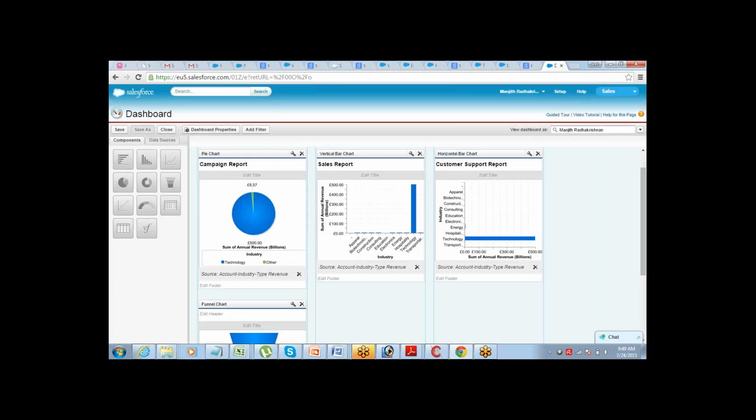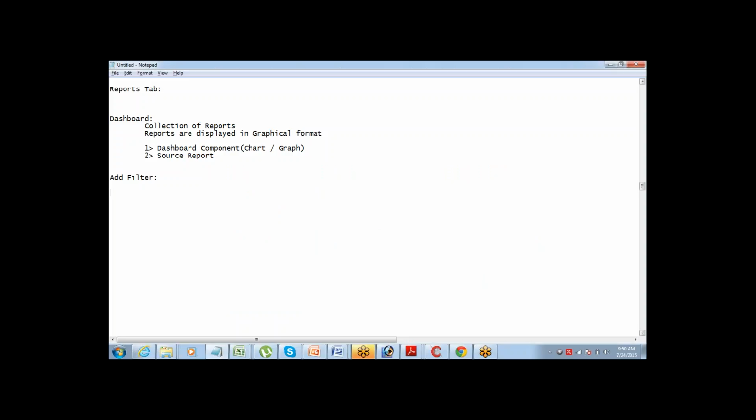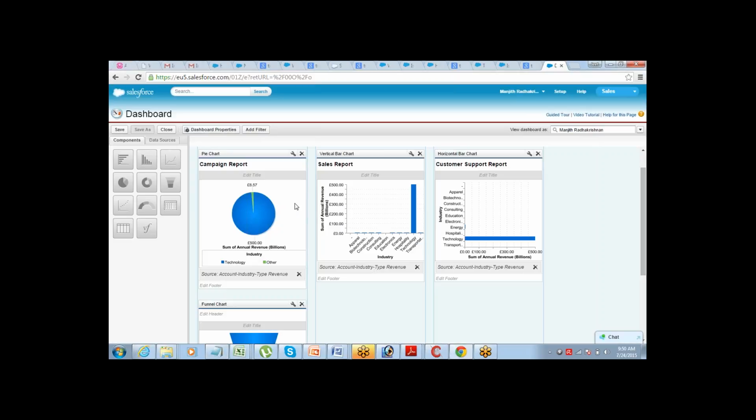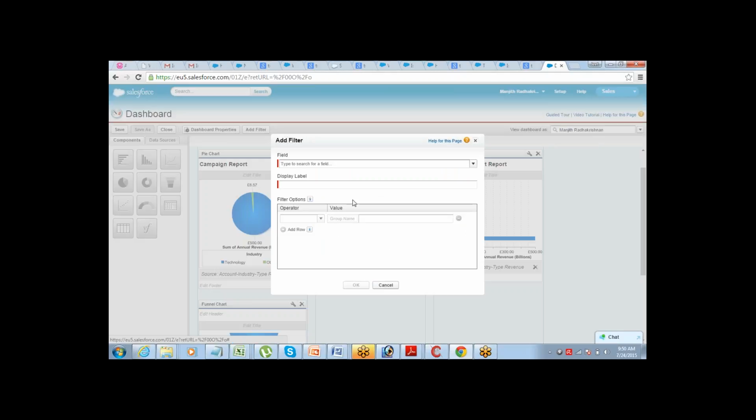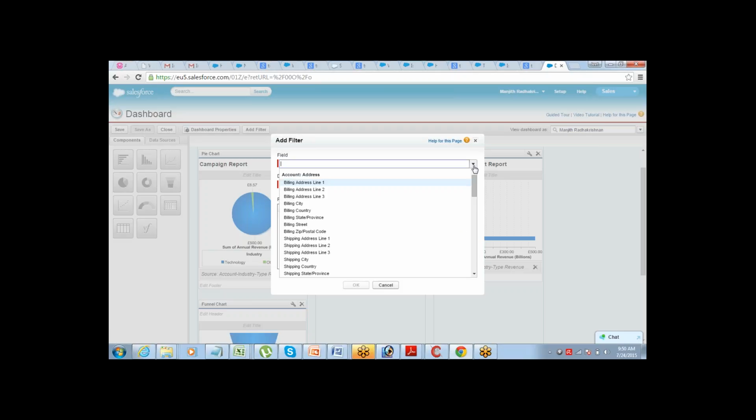Let's say you have created the dashboard. Now this dashboard is bringing in multiple reports. Try and understand this. This dashboard is bringing in multiple reports together, right? And now what you want to do is allow a filter here which you can actually change, because I cannot modify the dashboards here directly. I do not have an option of controlling the filters here for the dashboard because the report has already been created. So what we can do is add the filter here to bring in a few filter options which can be actually used, right? So for example,